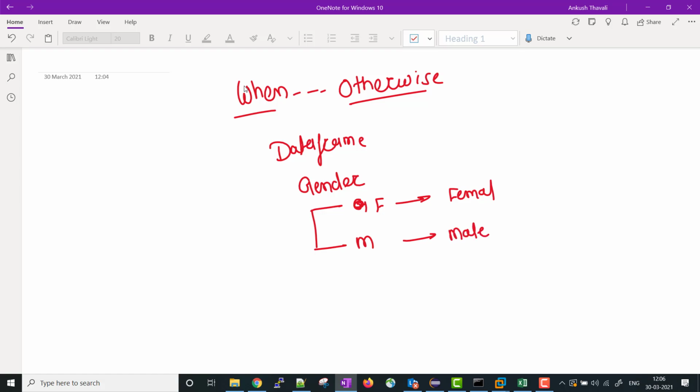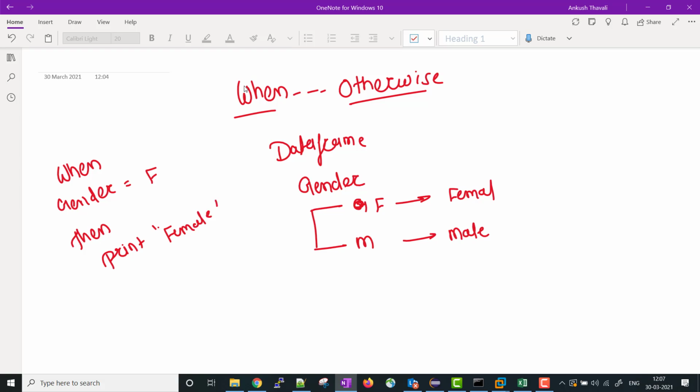If I write this in plain language, you will write the program like: when gender equals F, then you just change the value of F to female,